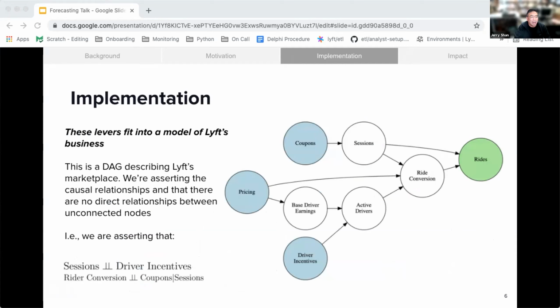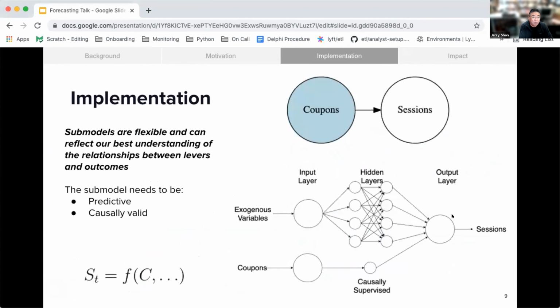Yeah, the second question from Albert. Could you explain more about what causal supervision entails, and how your policy variables are treated differently from exogenous variables? Yeah, that's a great question. The causal supervision that I briefly mentioned here, going from the coupons to session submodel, is essentially that the relationship between coupons and sessions must be consistent with our experiments or with our understanding of the causal relationship. In practice, with a neural network like this, you might have